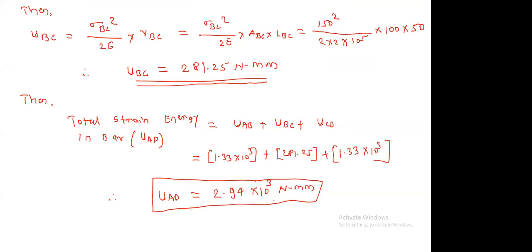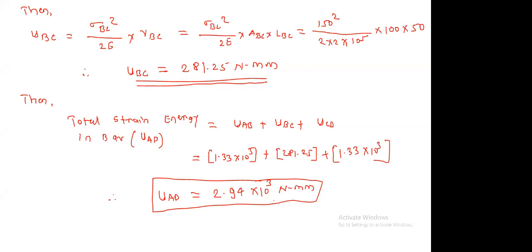Okay, so this is the one sample problem we have calculated. This value represents the total strain energy stored in the bar, that is 2.94 into 10 raised to 3 Newton mm. So actually this is not part of your syllabus, but I have explained these additional things because